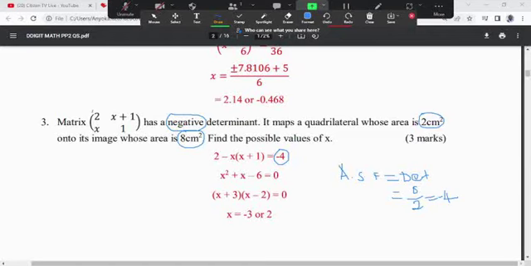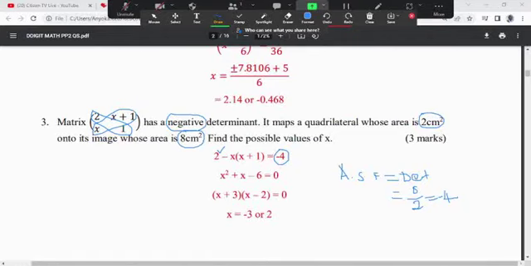Determinant is equal to the product of the elements of the main diagonal minus the product of the elements of the other diagonal. So 2 times 1 minus x times x plus 1 is equal to the area scale factor,